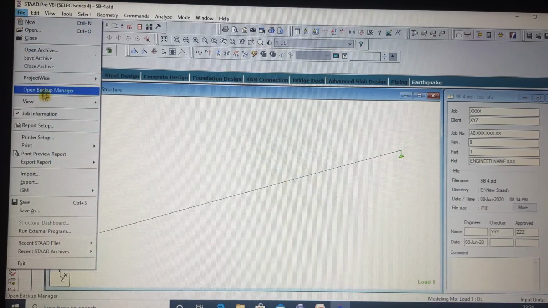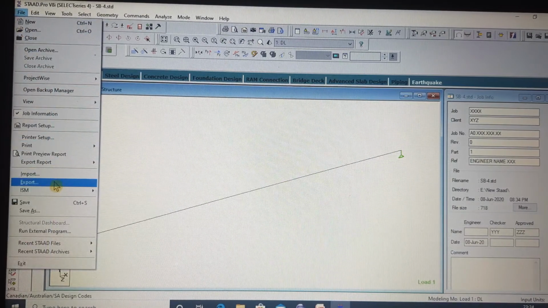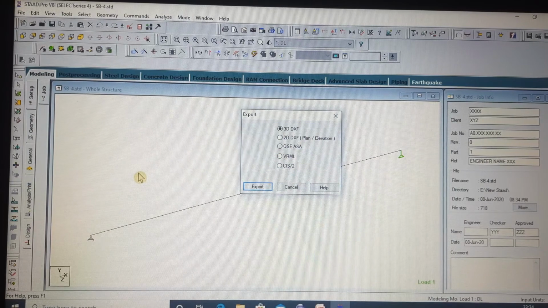Next, you can also export from these formats. You can also export to PDF or DXF format, CSI, VRML format, or QSA format. That means if you have modeled something in CSI2, you can import it, you can export it. Actually, these are export options, and previously there was also the import option.